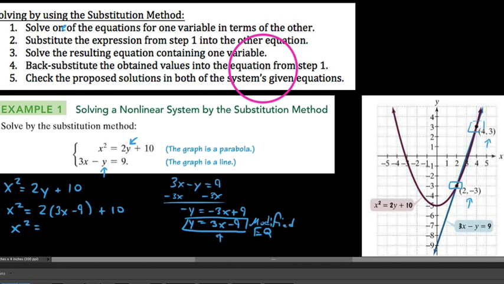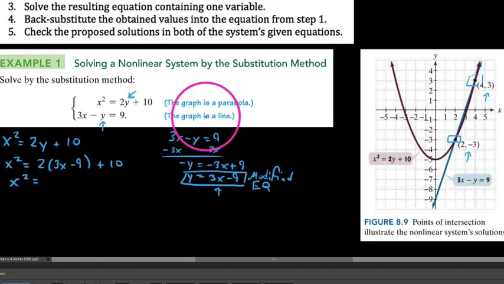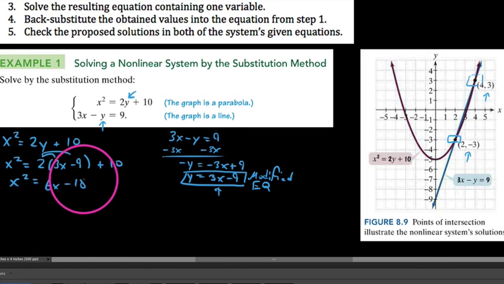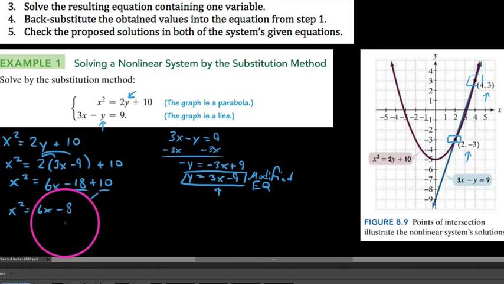So part of this is, once we plug things in, we really need to simplify before we solve here. And so what we get on the right side, after we distribute, is 6x minus 18 plus 10. When we combine like terms on our negative 18 and a positive 10, we end up with a negative 8. And if we were to subtract everything over to the left side now,